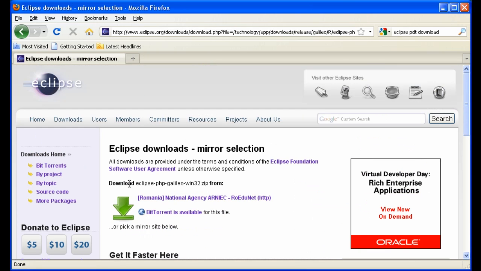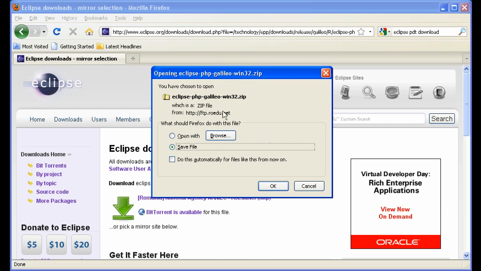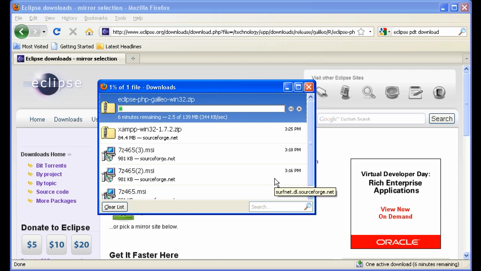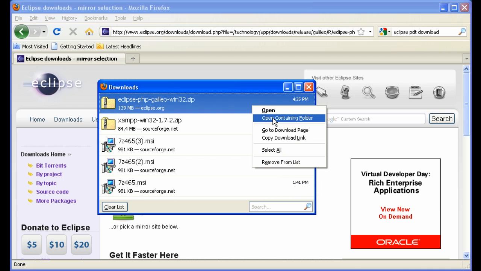So just click on the all-in-one Windows and then click on the mirror that it suggests to you, and you'll be ready to download. I'm downloading to my download directory here, save file, okay. And it's coming down the wire. So now the Eclipse file has been downloaded, and just like the XAMPP file, what we want to do is